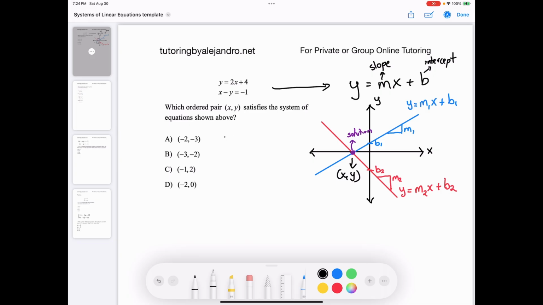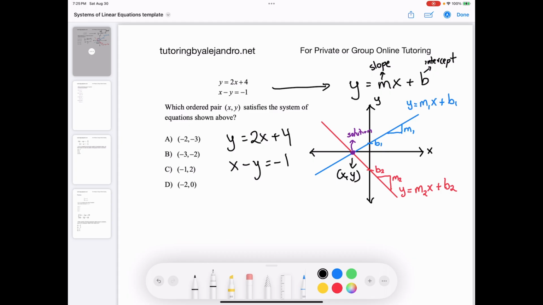Let's rewrite these equations. So we have y equals 2x plus 4. Okay, the second one is x minus y equals negative 1. I want to rewrite both equations to get them in the form of a linear function, namely, y is equal to mx plus b, right? Or have the first y directly on top of the second y, the x on top of the x and all the numbers on top of the other numbers, okay? So